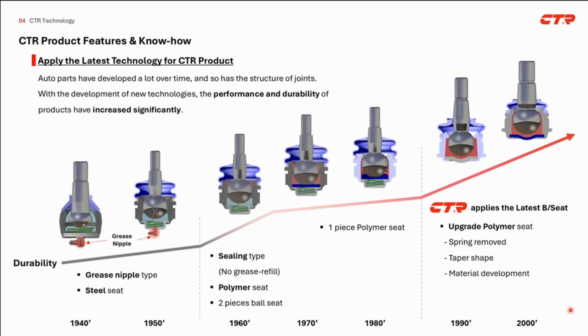As you can see in this slide, the grease nipple type ball seat was also used well, but in the past. Auto parts have developed a lot over time, and so has the structure of the joint. With the development of new technologies, the performance and durability of the product have increased significantly. That's why OEM companies have developed new type ball studs that use new material like polymer and a new design,